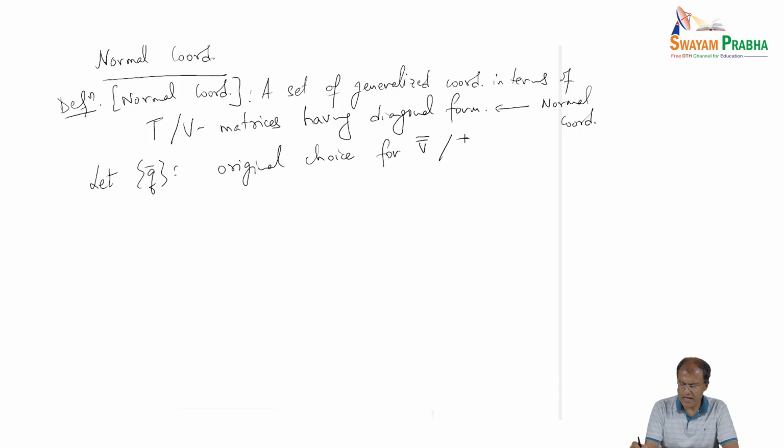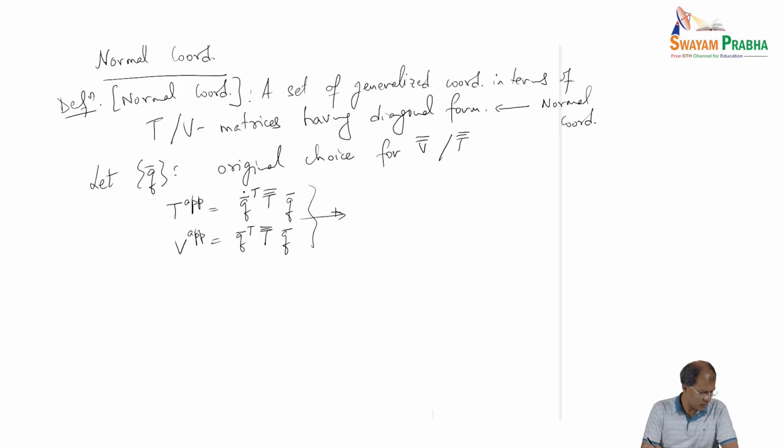For the V and T matrices, in that case we have T approximate given by Q dot transpose T Q, and V approximate given by Q dot transpose V Q, right? And we saw that if we